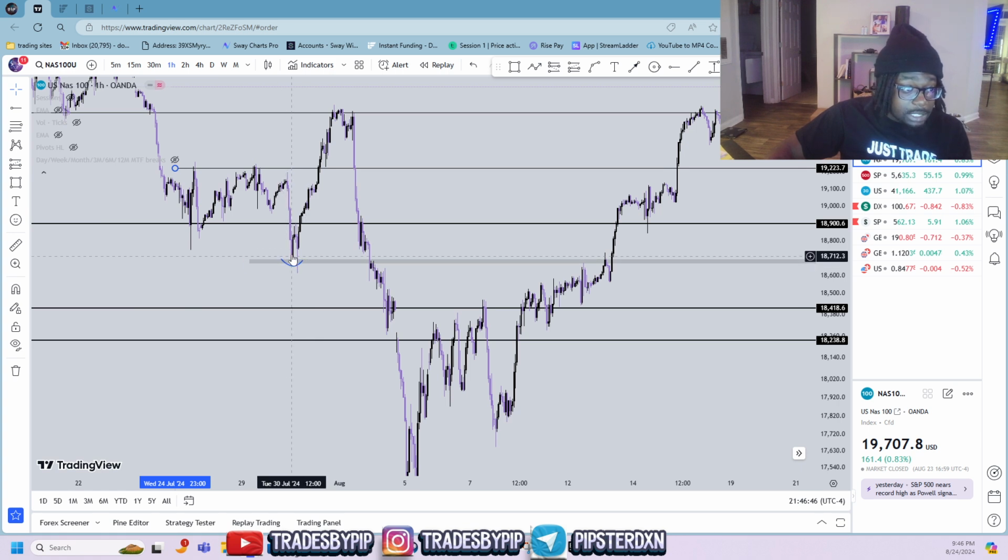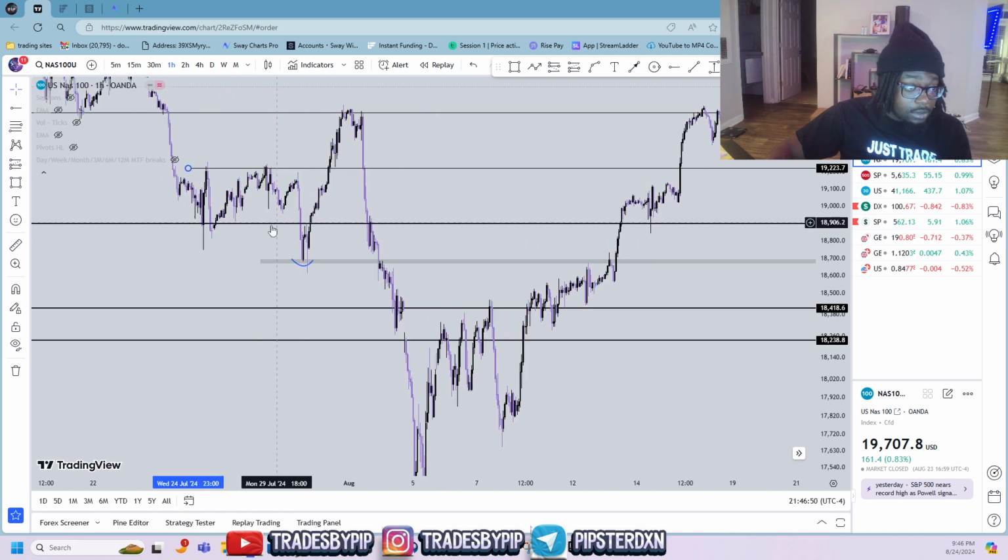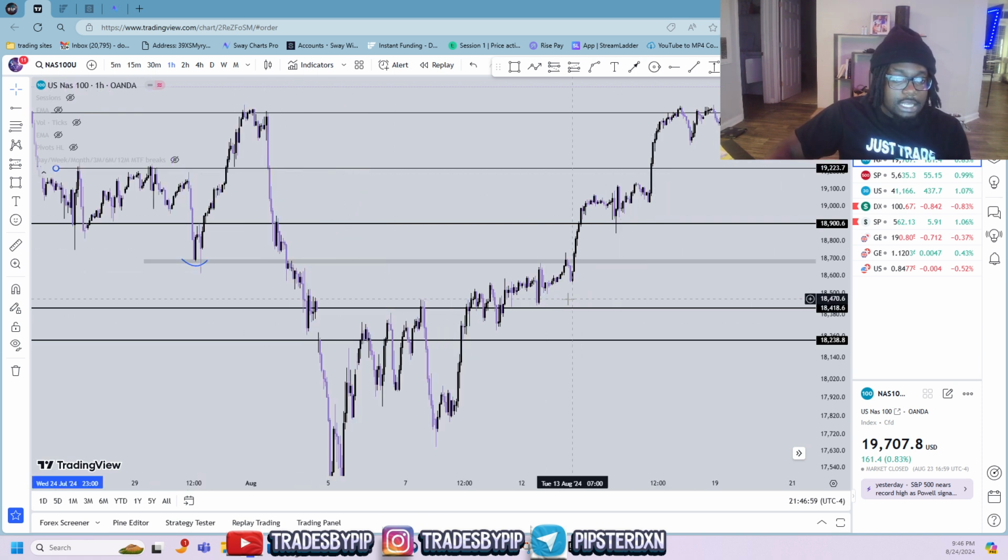Towards when price made this low, this higher low, price ended up showing bullish momentum back above this zone because it was respecting this level of resistance. And once price broke above, that gave you clear indication that price is bullish. Just taking consideration of how price does that. So I took consideration that, all right, boom, price made this high. And yes, it was okay for price to sell off.